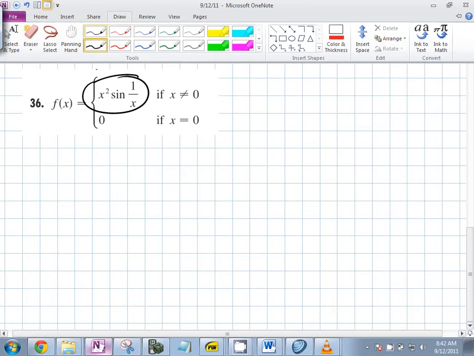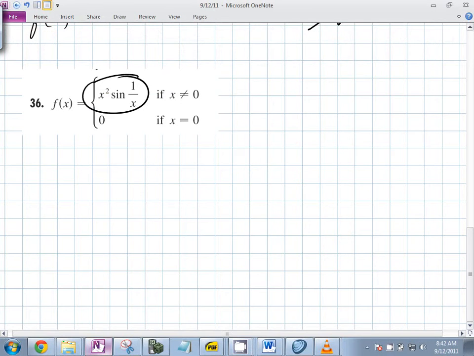Okay, so let's try this here. Sine of 1 over x. What is that always less than or equal to? 1. What's it always greater than or equal to? Negative 1. So let's see what we can get from the squeeze theorem here. What can we multiply everything by? x squared. Negative x squared is less than or equal to x squared